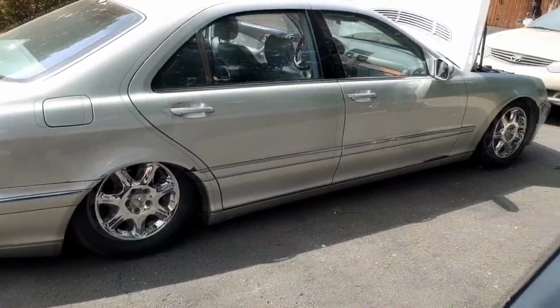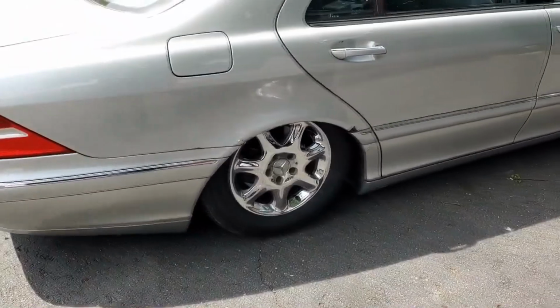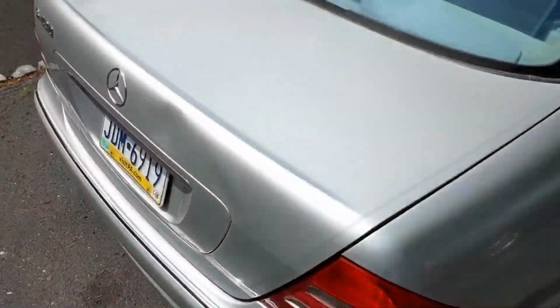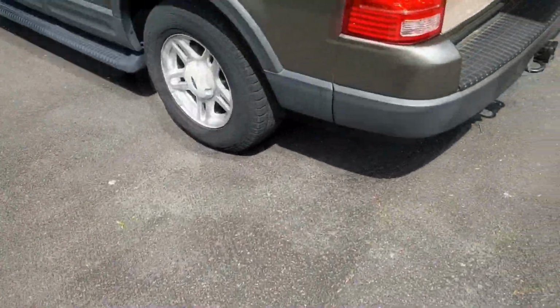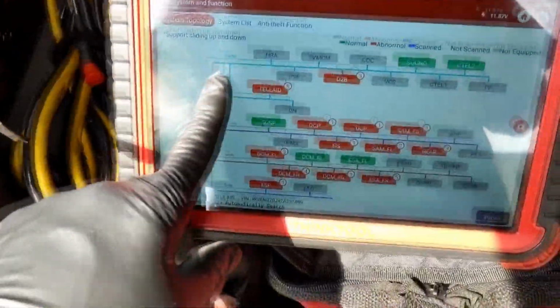Okay, 2002 Mercedes S430. You can see what the problem is. Suspension is all let out, so I got to figure that out. I got to get the trunk open. I think I got to take the key out to do that. It's just the switch doesn't work. I want to put a battery maintainer on it, but as usual,